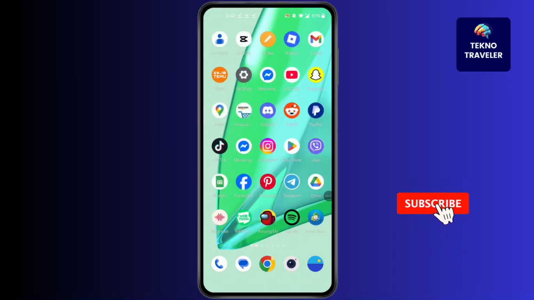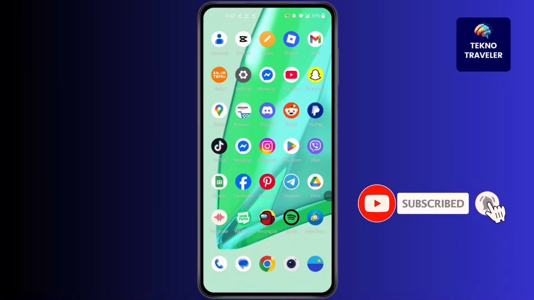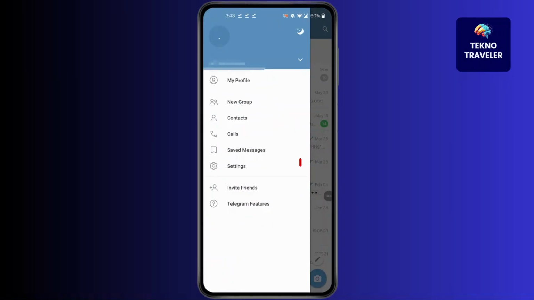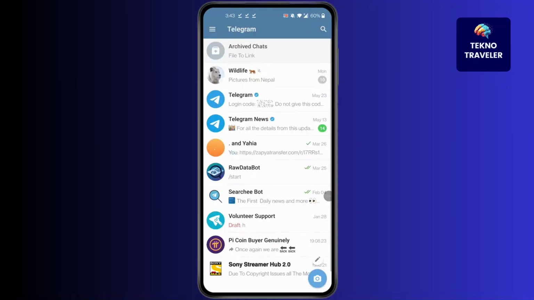Let's jump right in. First, open Telegram. Telegram has different names, so one of the ways is to click on the three lines at the top left corner of your screen. Then click on Settings in here, or directly click on Profile and you will find your name and